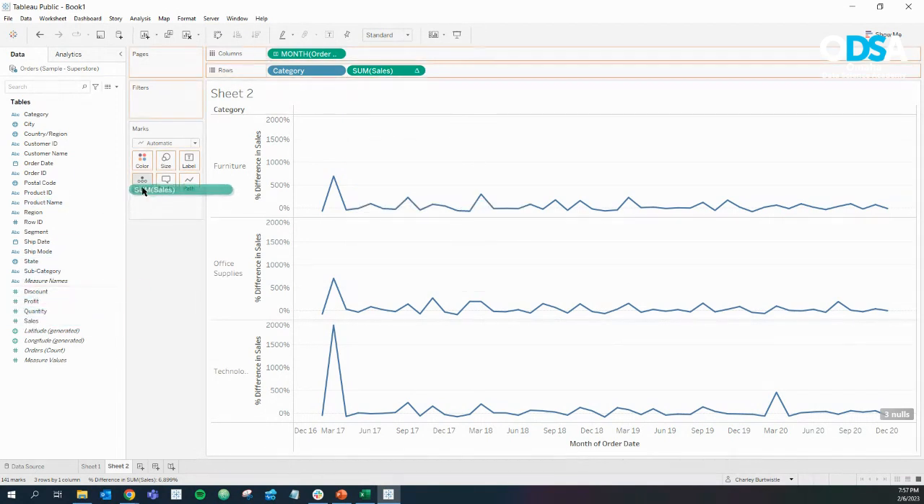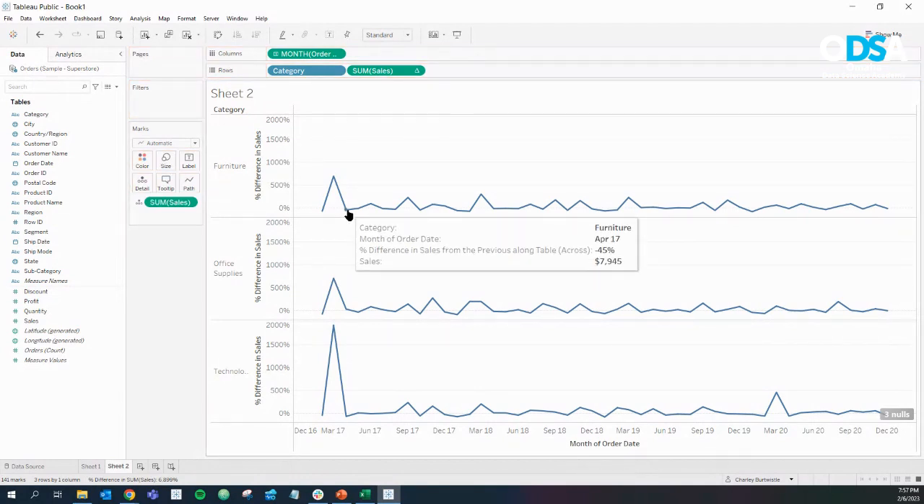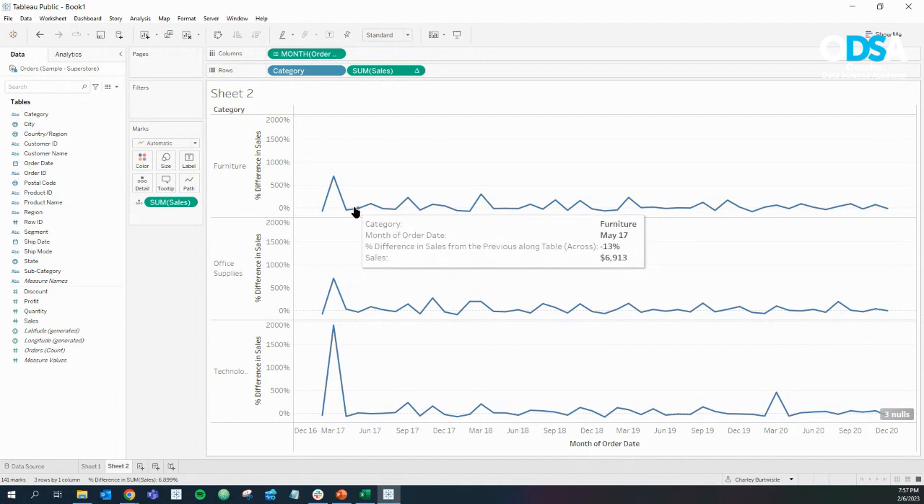So let's bring sales back onto the tooltip here. So 7,000 in April, 6,000 in May. So that is a negative percent. And then we got up to 13,000, which is about 91%. Yeah, so now I'm showing,